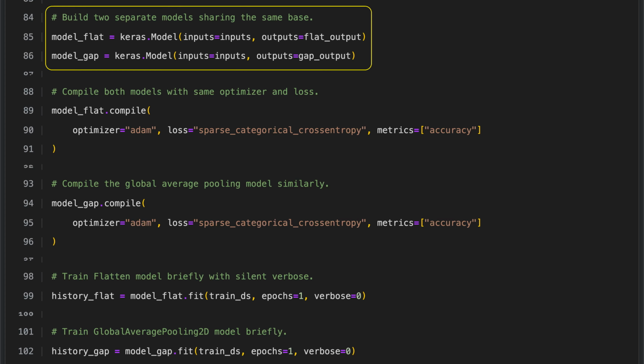We build two separate models that share the same convolutional base, but differ in how they process the feature maps for classification. The first model takes the flattened feature maps as its output and uses them for classification. The second model instead takes the output from a global average pooling layer, which averages each feature map before classification. By constructing both models in this way, we can directly compare how well flatten and global average pooling 2D handle